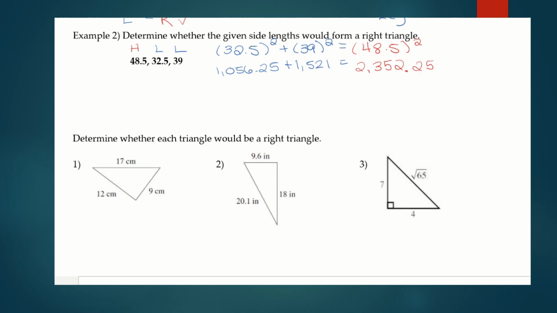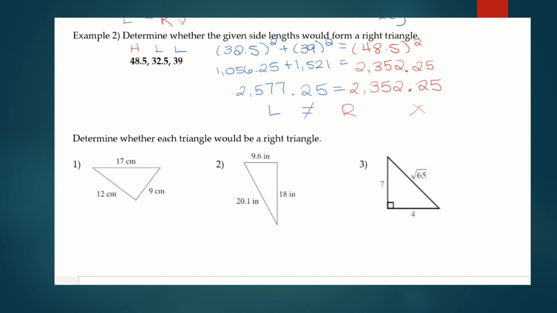All right, so let me simplify this left side for a second, this blue side. So I'm going to take 1056.25. I'm going to add to it 1521. And when I do that, I get 2577.25, which obviously is not the same as 2352.25. Now, because this is the case, because these don't match, our left side does not equal our right side,